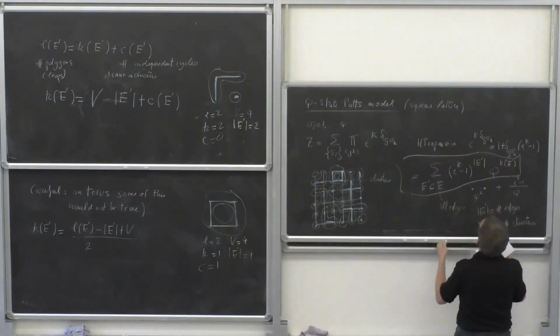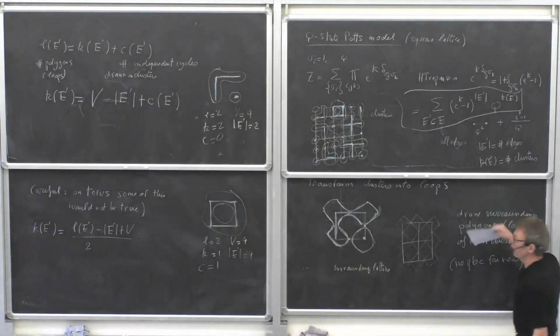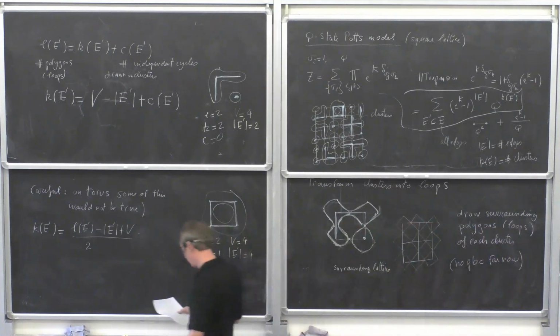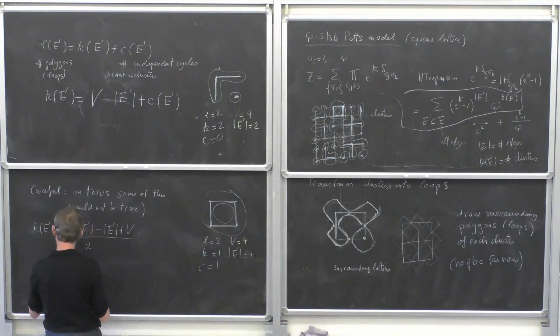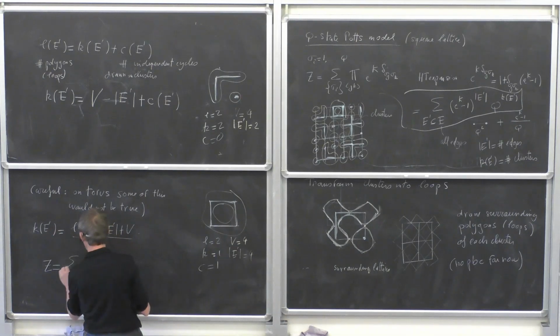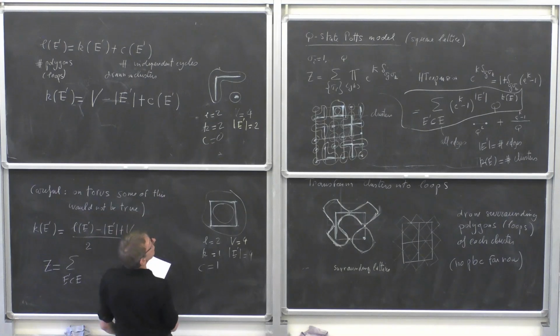I can reformulate it as an expansion in terms of loops, what I wanted to do because I am loop obsessed. So this is Z, we can rewrite sum over E prime included in E of,